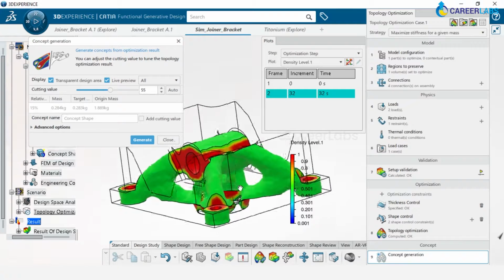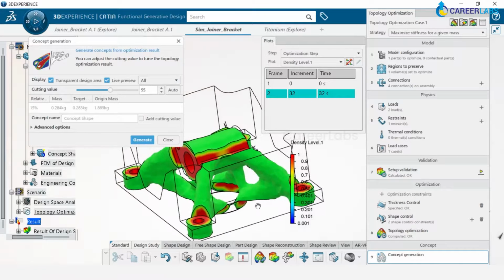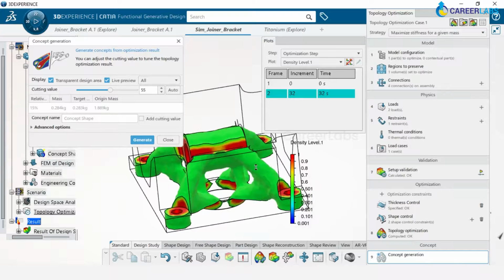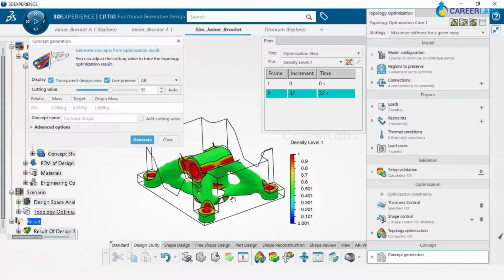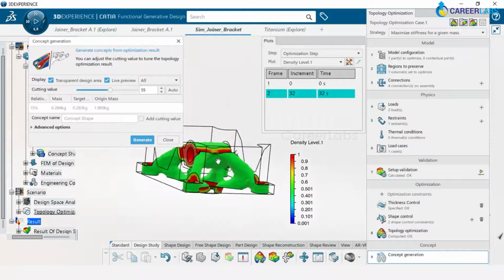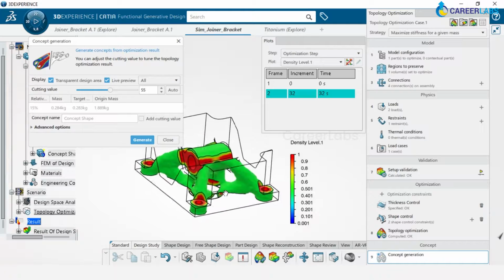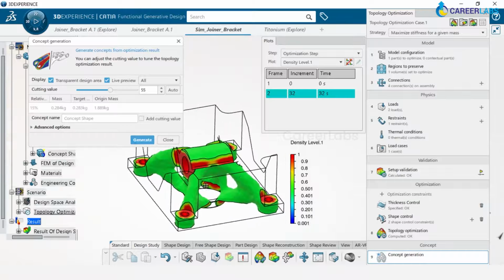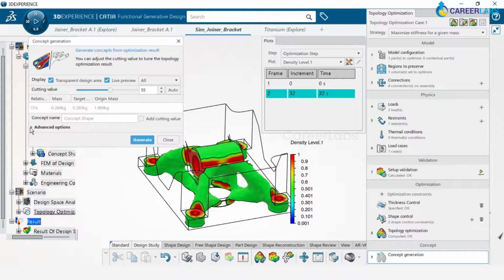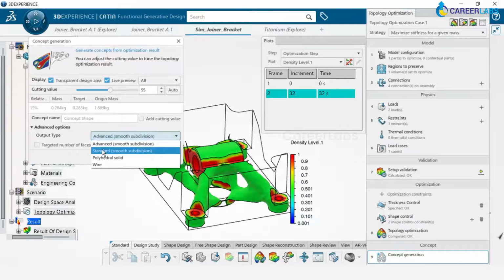So this is the final meshed optimized volume which is available for the next process, which is going to be a metal printing process. Okay, now we cannot just simply take this as the final output geometry file for the further processes. So what we'll have to do is that there's an option known as smoothing, wherein we'll go and select standard and then generate.